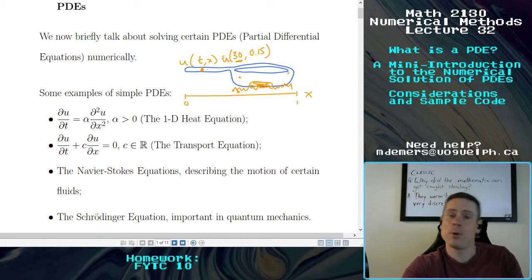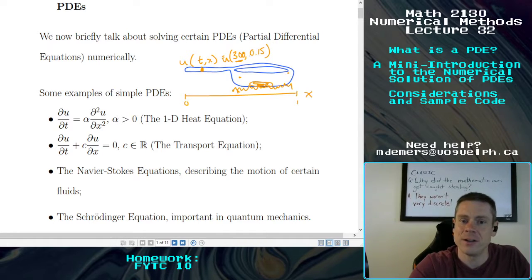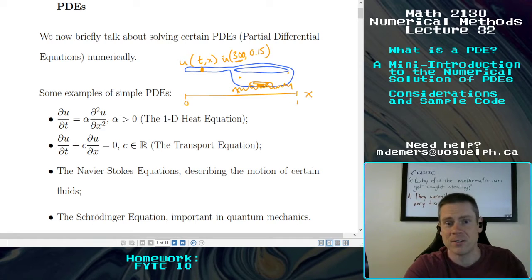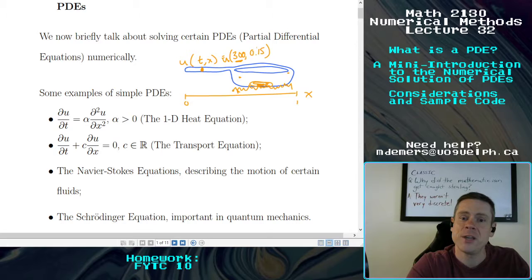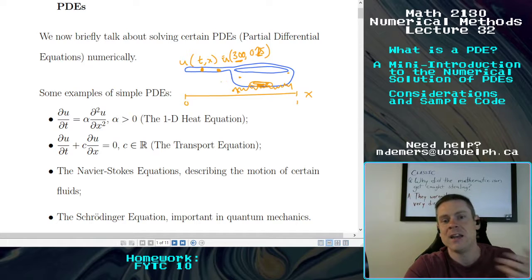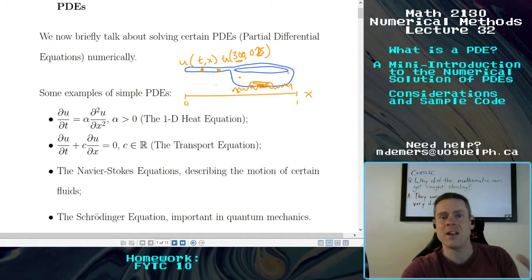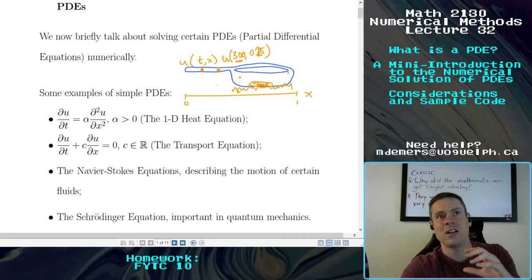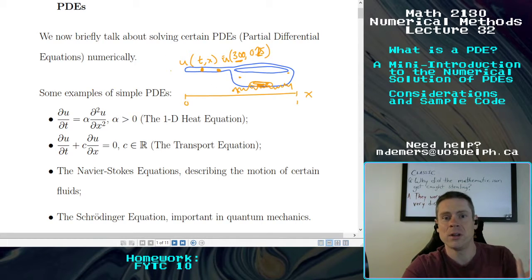And then as both t and x change, I get different temperatures. So I could talk about u of 300 at 0.15 to talk about what happens after 300 seconds have passed, or 5 minutes. I could talk about 300 and 0.25 if I was instead interested in what happens at this point. And you see, there's this sort of dependence on both time and space, and the function, the u, that